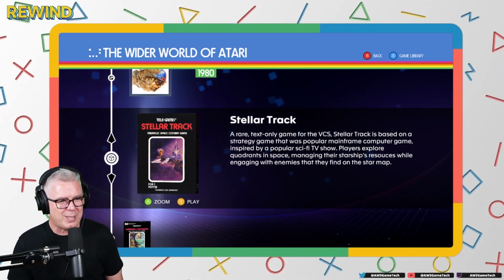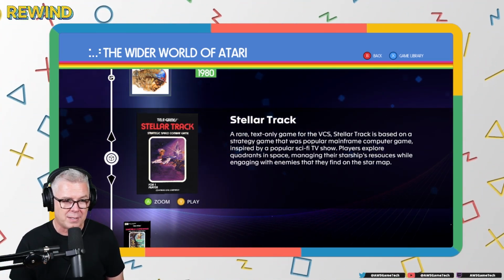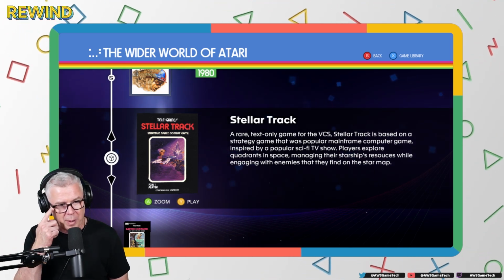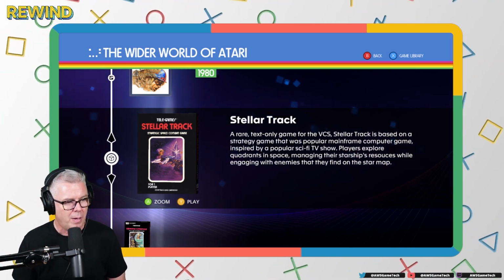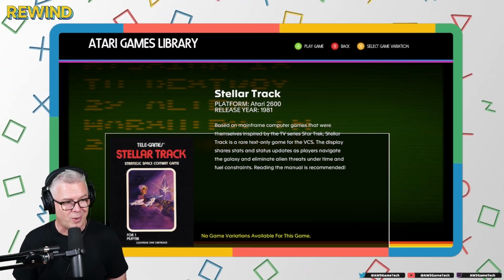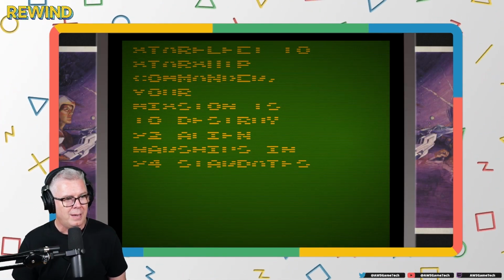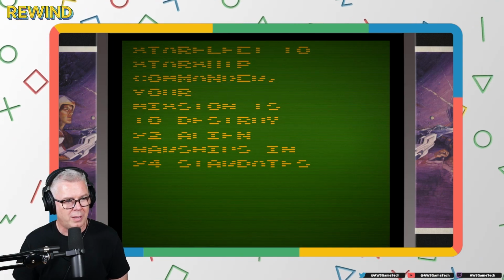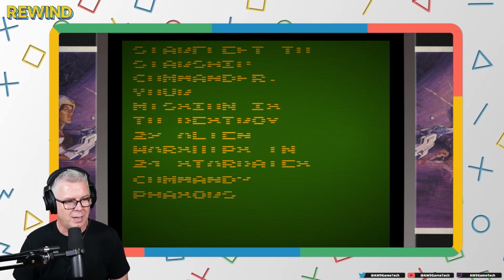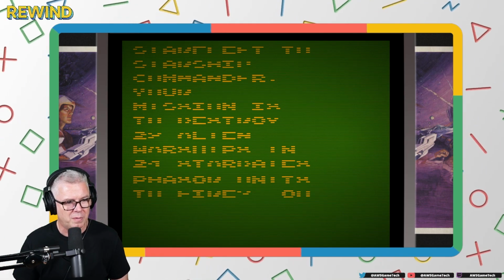All right, Stellar Trek, a rare text-only game for the VCS. Stellar Trek is based on a strategy game that's a popular mainframe computer game. I have not played Stellar Trek before. Reading the manual is recommended, but let's see. Okay, your mission is to destroy 22 alien warships in... let's see. And then you have to go and choose phasers.